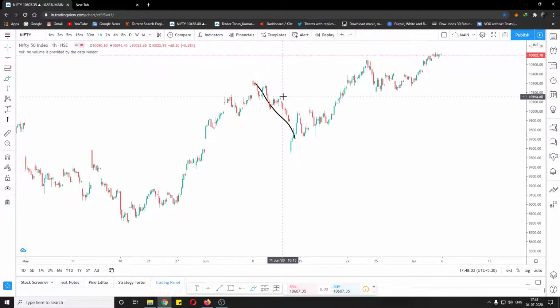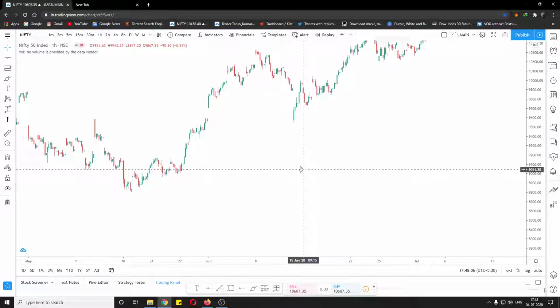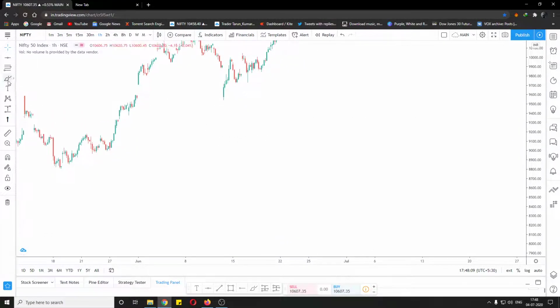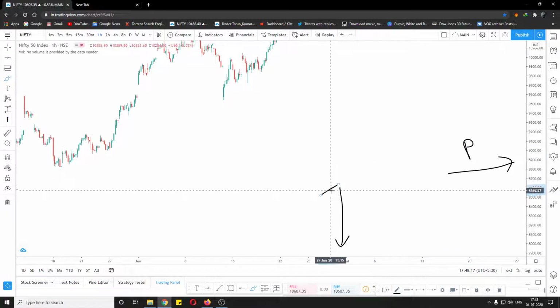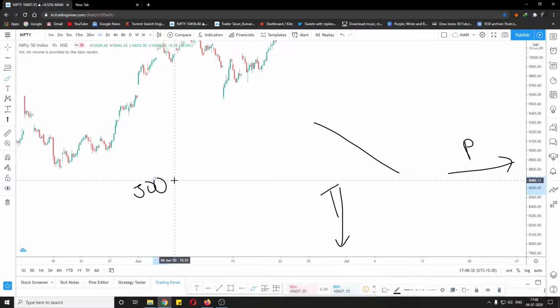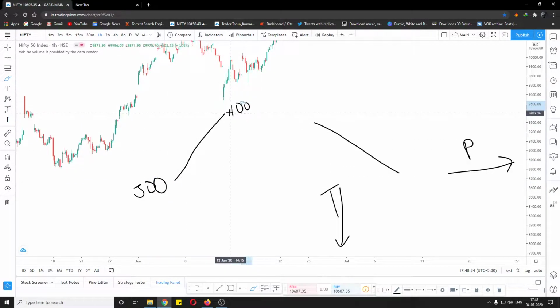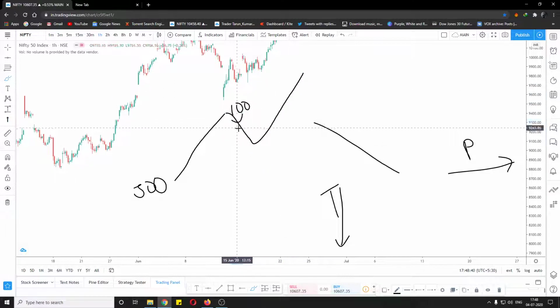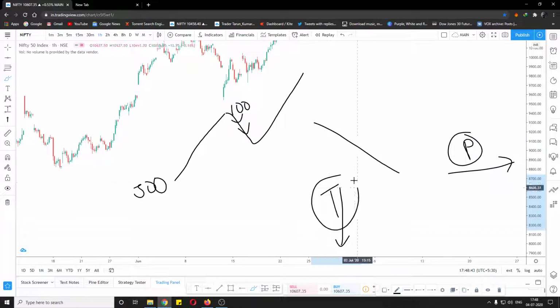Now the second part which we have to talk about in the correction is the price wise correction and the time wise correction. So in the chart we have two axes. This is the x axis and this is the y axis. This is the price, this is the time. Now the market or the share has to correct in both the dimensions here, both the axes here. So if the stock has started its move from, let's say, 500 rupees, and it has reached 1000 rupees, now it is coming down for correction, and if it goes up, this correction first is done in the price wise manner and then in the time wise manner.